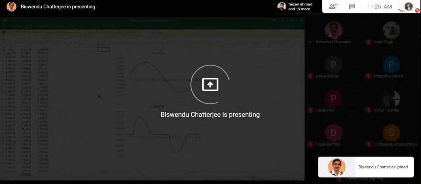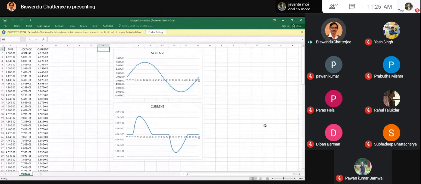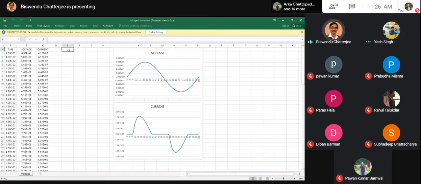See carefully. Part 1 is time, voltage and current. Can you see? Yes, sir. Then just increase the column to what is the true RMS voltage, what is the true RMS current. Are you noting down? Yes, sir. Okay. True RMS voltage, true RMS current, true power,